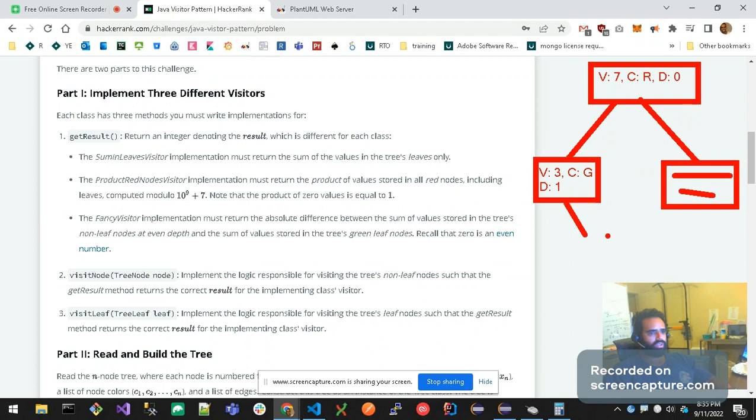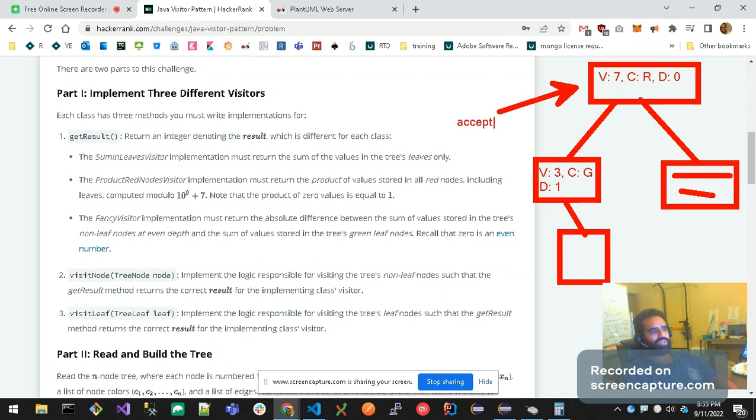We could have another node here. And this node is node number one, the one at the root. So kind of just to clarify that. So what we're going to be implementing is some type of visitor. So each of these nodes, or trees, or whatever you want to call them, are implementing